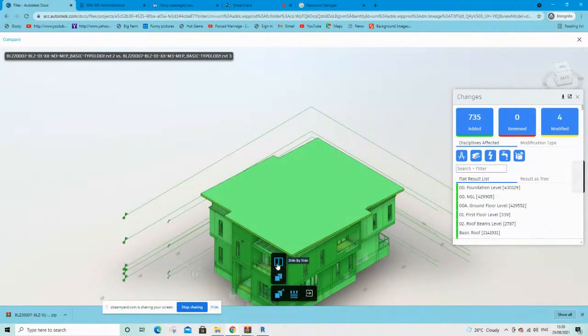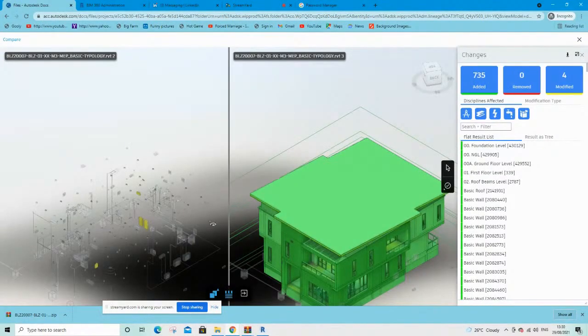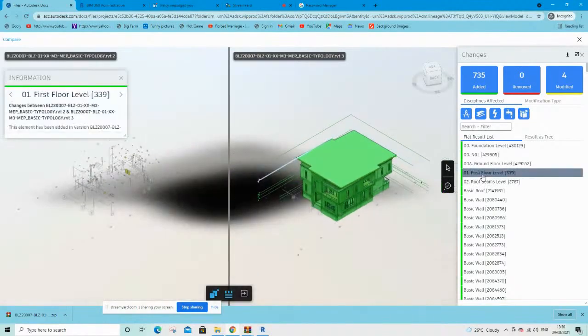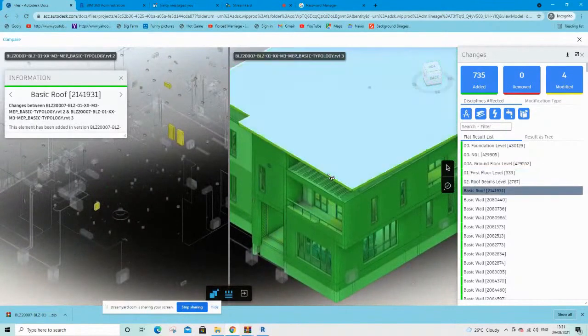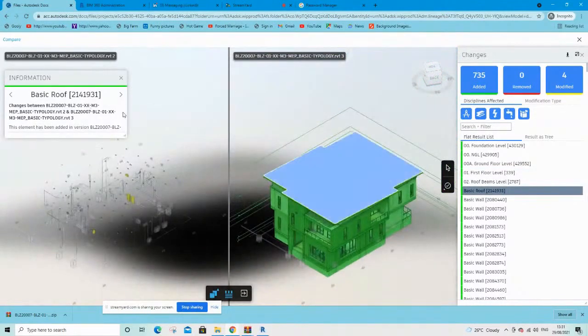If you come here, you see side by side instead. So this will show you what is happening between these two models. So this is one of them. This is the other one. From here, you can still begin to filter elements. And for every element you select, for example, if I select this roof here, I can see what the roof looks like between the two versions. If that roof,